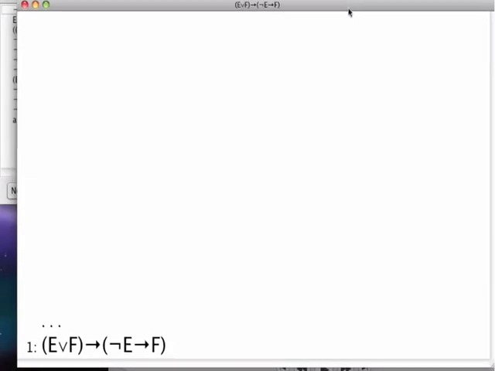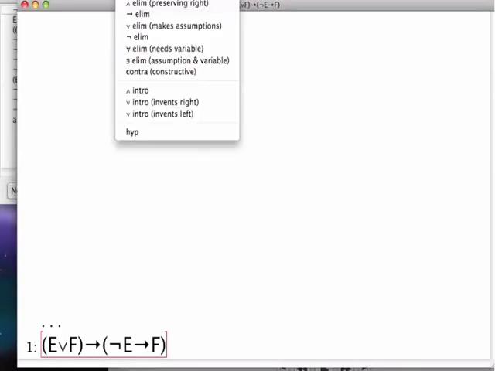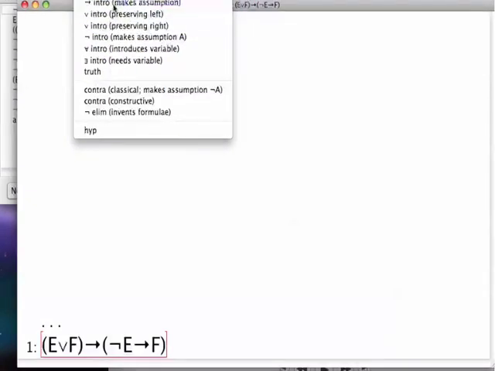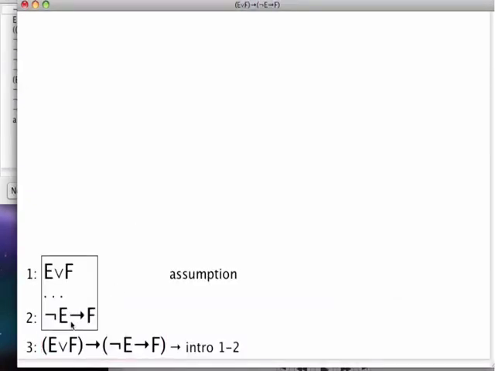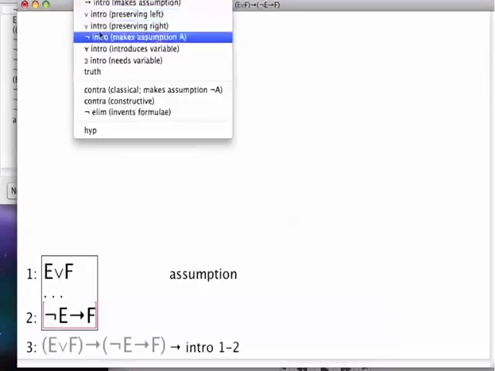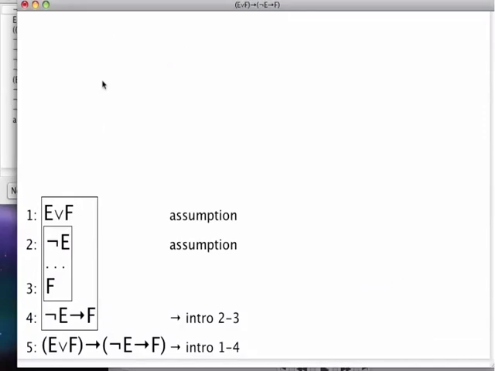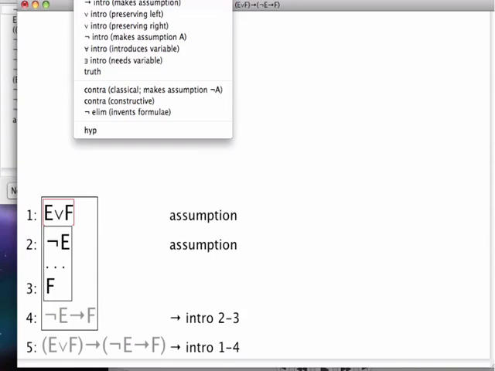Now let me do the same thing in Jape, and I will do it in a few different ways. So first I will go over the same proof I just did by hand. So this was this step, and then we saw we have an implication here, so we do another implication introduction. So far so good, and then we said, okay, we need somehow to use the OR, so we do an OR elimination.